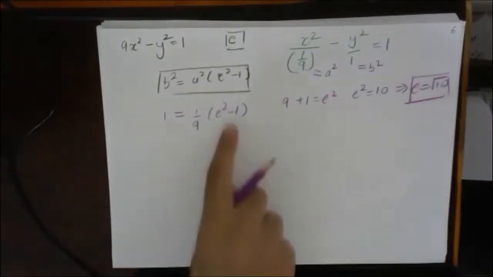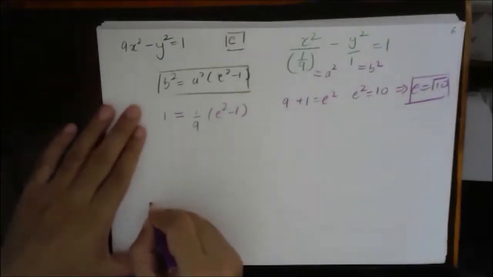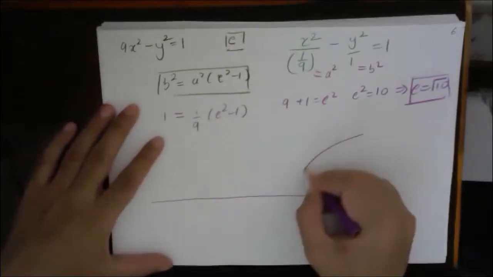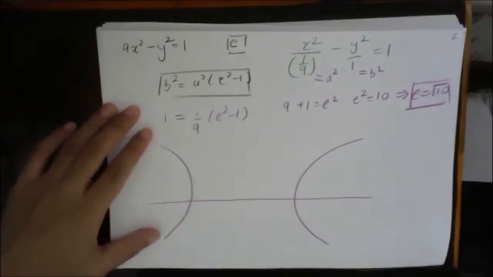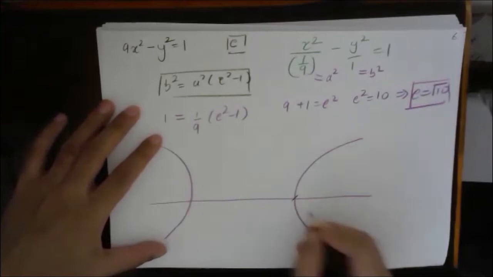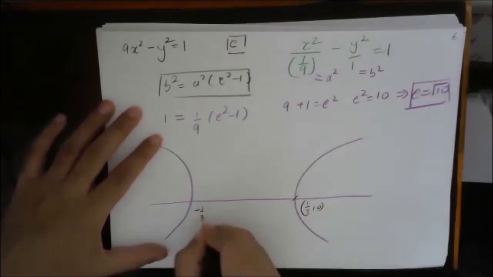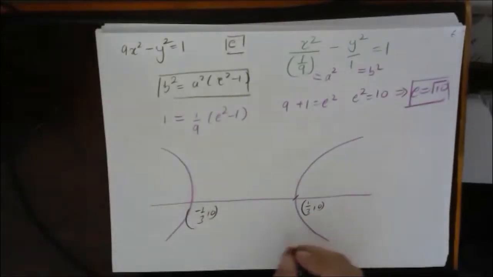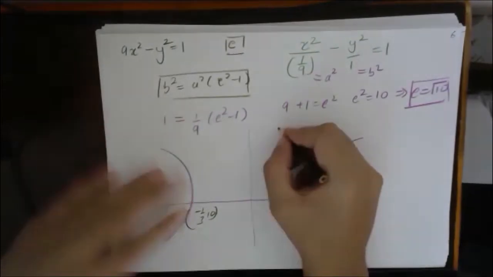Okay. So this is a transverse hyperbola in which x-axis is the main axis, right? So if I draw this, the hyperbola will be of this form. First we have this point. This point will be 1 by 3 comma 0 and this point will be minus 1 by 3 comma 0. A comma 0 and minus A comma 0. Okay. Now this is the y-axis. First, I will draw the first directrix.